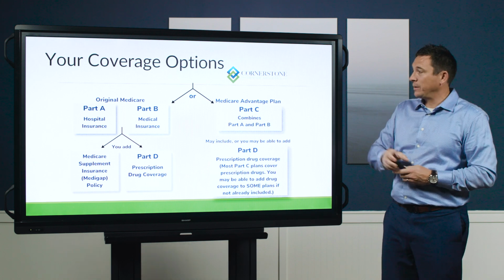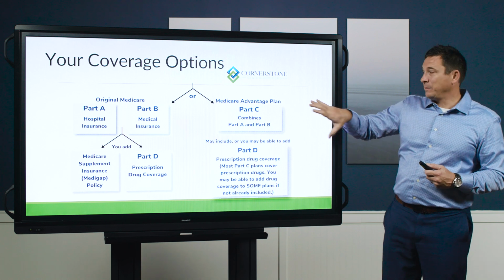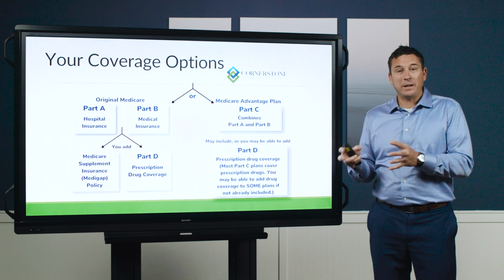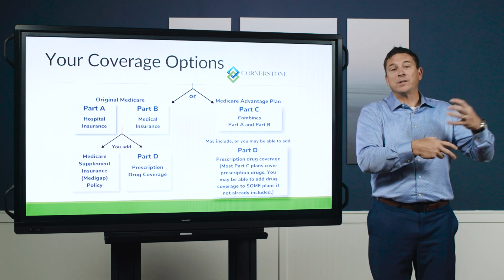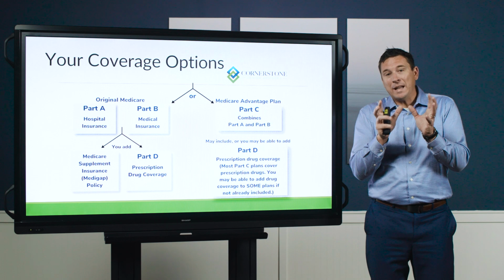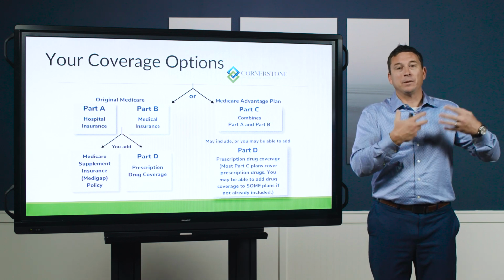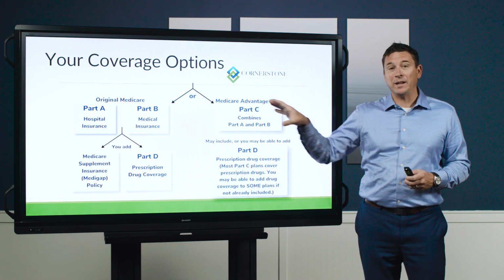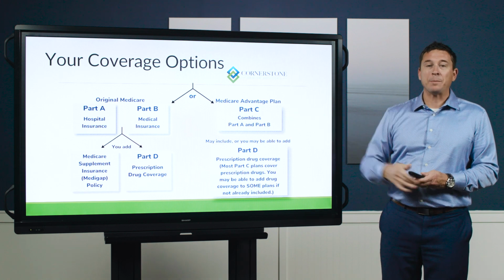Your next option is Medicare Advantage. It's also called Part C. These Medicare Advantage plans are different ways to receive your health insurance with Medicare. Medicare hands responsibility for your health care off to a private insurance company, and there are things we really need to look at in how the annual election period benefits you in being able to review these plans year after year. So we're going to break down how Medicare's annual election period affects both of these options.